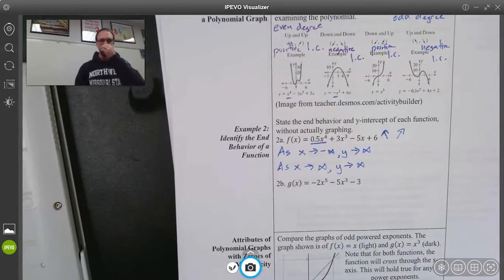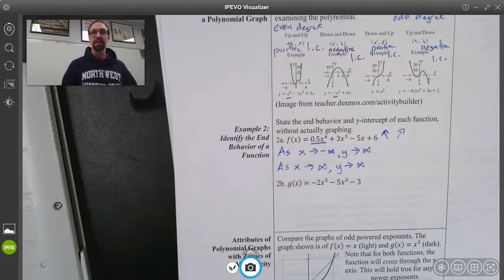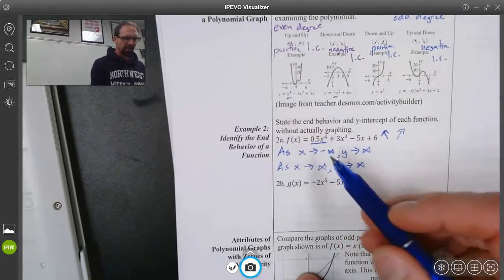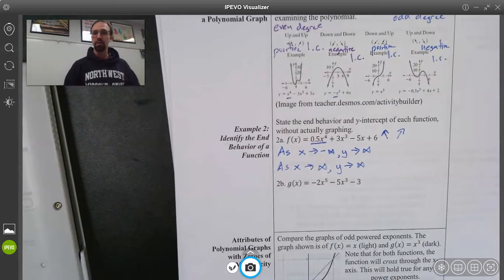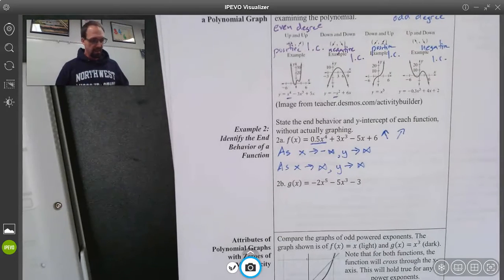So what do I mean when x approaches negative infinity and infinity? As x approaches negative infinity, think about what's happening on the number line. You're going left on the number line, so you're continuing to go in that left direction. As you continue to go left, it continues to climb, gets higher. So that's why we're saying it approaches infinity. Same as x approaches infinity, so as you move to the right on the number line, then your y value